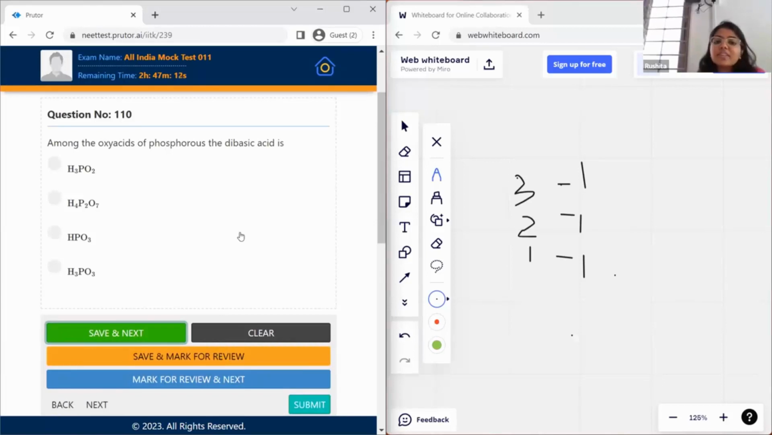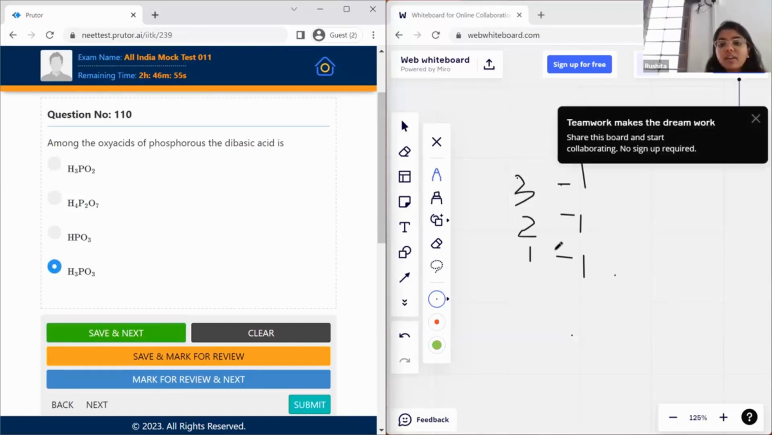Dibasic acid. A dibasic acid is basically an acid which has 2 OH bonds in it. So you need to know the structure of all these oxo acids to know which one is a dibasic acid. All these structures are given in NCERT. So out of all these, H3PO3 would be the one which will have 2 OH bonds. So the number of OH bonds gives the basicity of the acid. So a dibasic acid has 2 OH bonds. So here